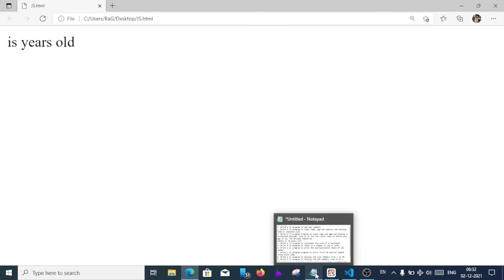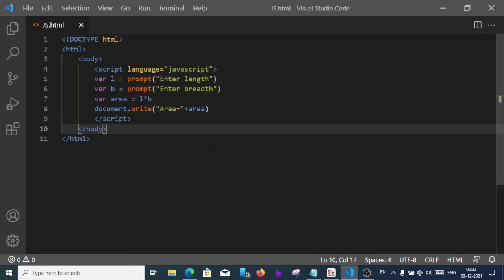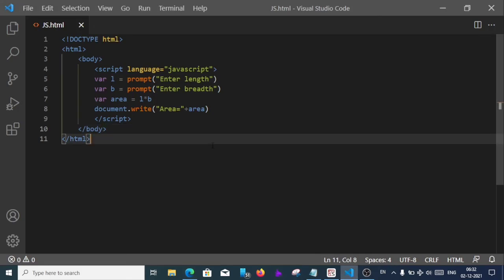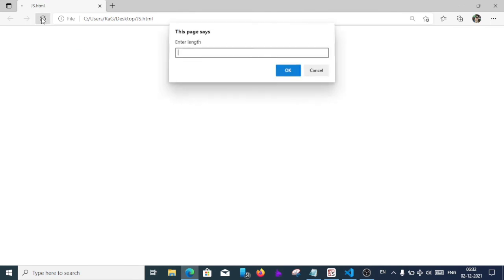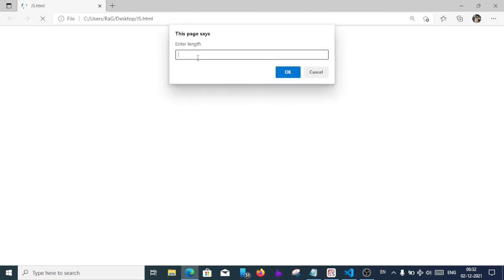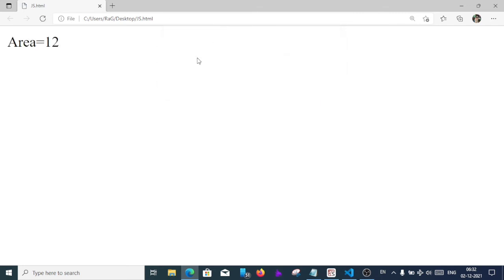I think it's not saved properly till now. First save the file. After saving the file, go to the browser and reload the file. It asks me to enter the length, suppose 4 and breadth 3. So the area is 12, means 4 into 3 is 12.